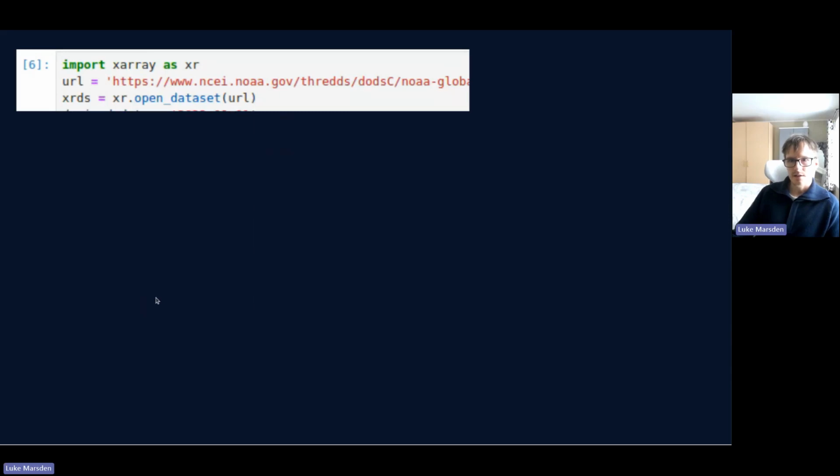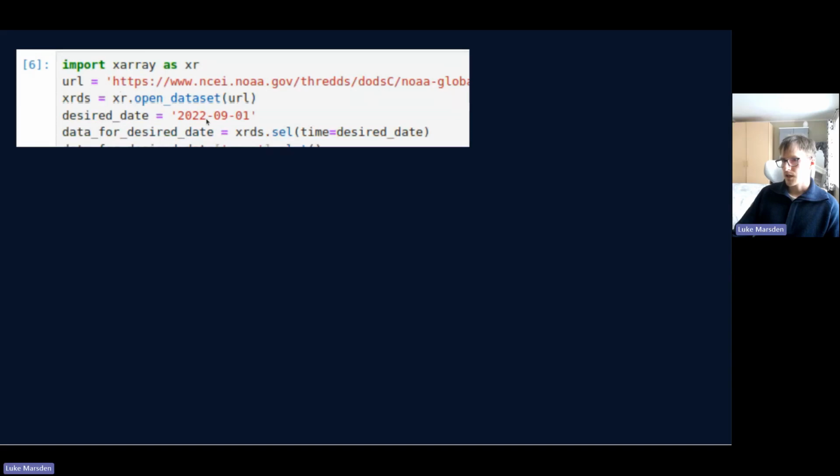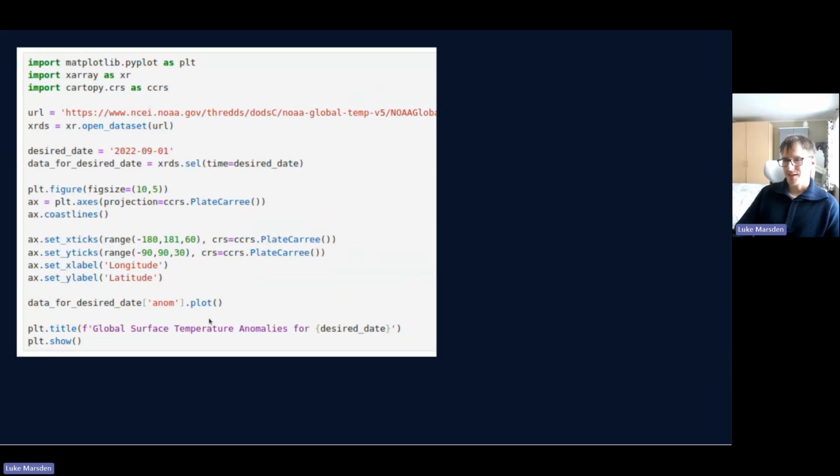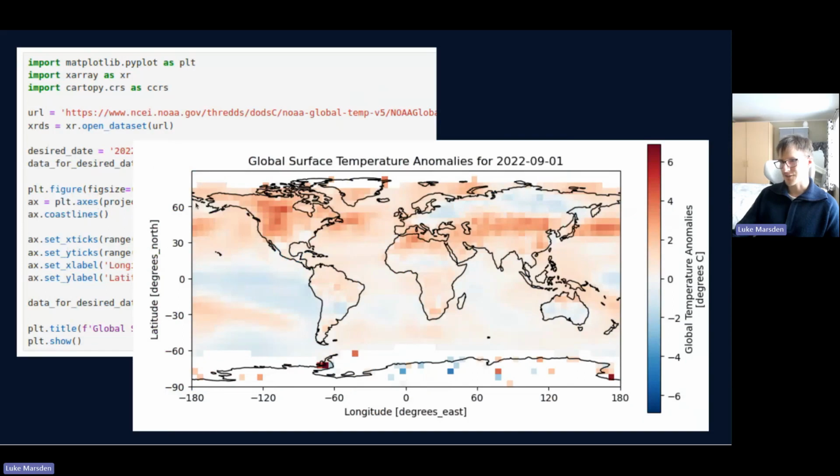It's equally easy to get data out of the data that have multiple dimensions and plot them. For example, data on a map. This is a data set of global surface temperature anomalies for every month. So this is a time series of data, and we might want to select data for a certain month. We can do that here. This creates a new Xarray object for that subset of the data. And then you can plot it in exactly the same way. It's not too hard either to add some extra bit of code around this to build something that looks much nicer, like this.